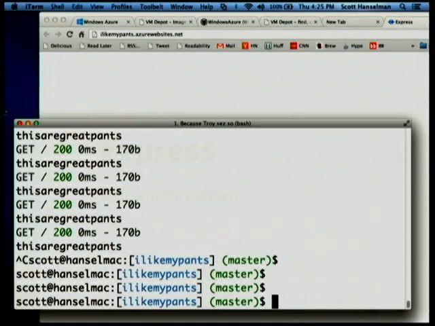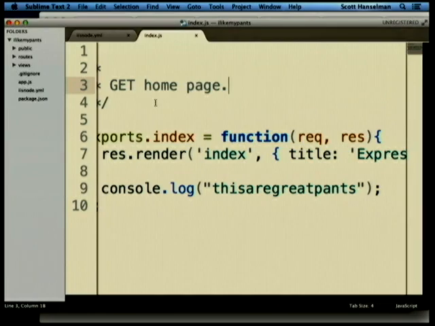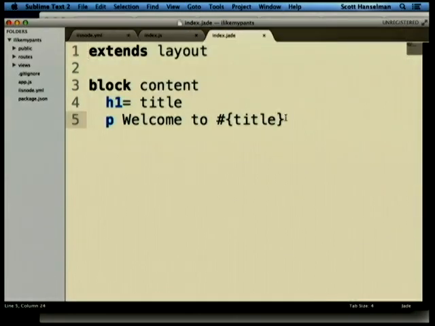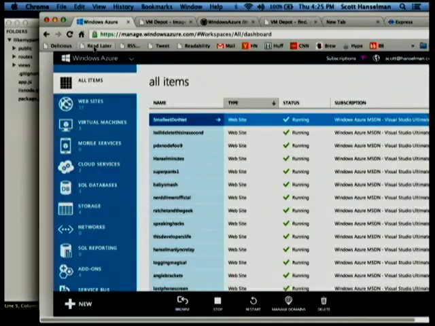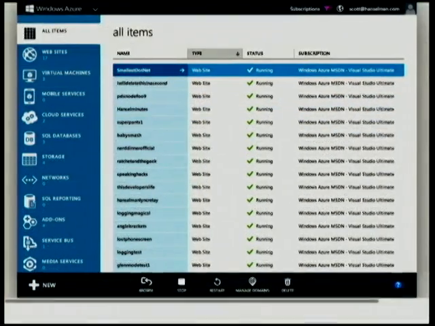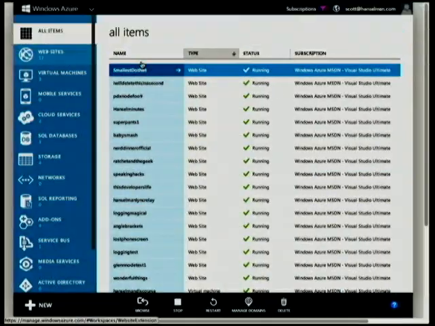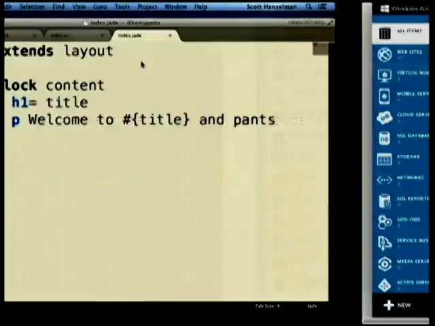What else do we do? Let's go into a view. And we'll do something in Jade. Do something like that, okay? Now, I'm going to go over into here and show you our, this is the really blurry portal. Sometimes I like just doing that and just saying, man, Windows needs that. That's all I'm saying.